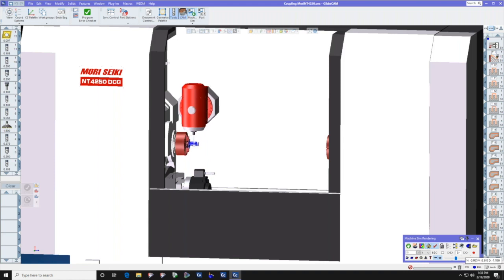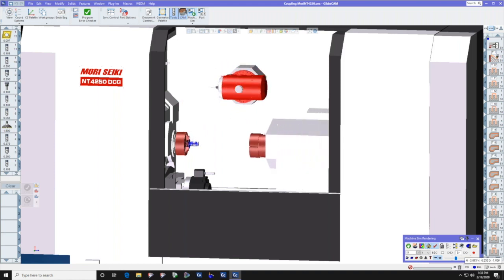So yes, machine sim is an integral part of GibbsCAM, and you may build your own machine sim model and animate it. So I would just add to that, you're absolutely right. You boil it down to, there's 2 ways. Once you have the machine simulation software, the option to actually do simulation, the matter of getting the model, there's 2 ways to get the model. You can have us do it for you, in which we work with the machine tool builders to get these models, and we turn them into the dynamic model, or you can do it yourself in